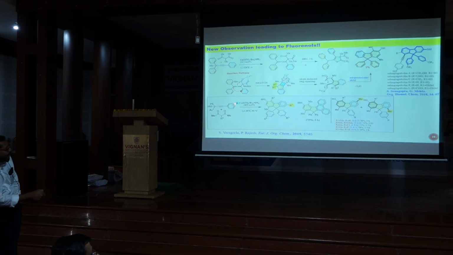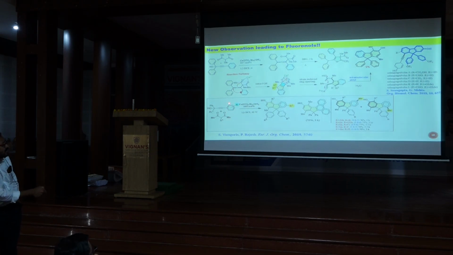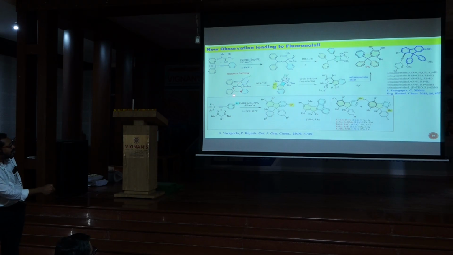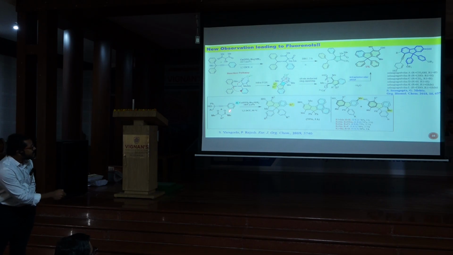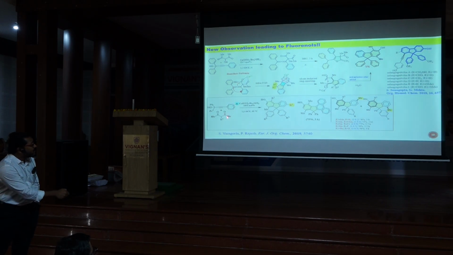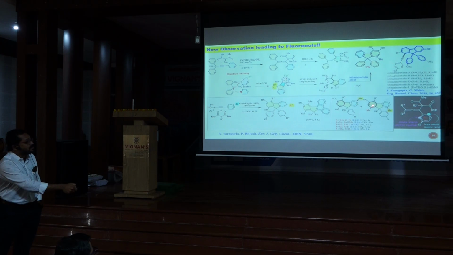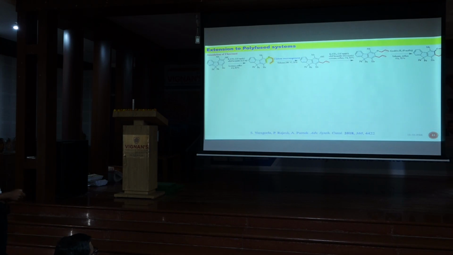And if you have a para-substituted phenyl here, the two ortho carbons are equivalent, therefore a single isomer is forming, and if you block one of the ortho carbons, there is only one ortho carbon that can offer us the Friedel-Crafts cyclization. There was no issue. But when we have a meta-substituted benzene, two chemically inequivalent ortho carbons are there as indicated here. Therefore, a mixture of products is formed here in a different ratio, different distribution.